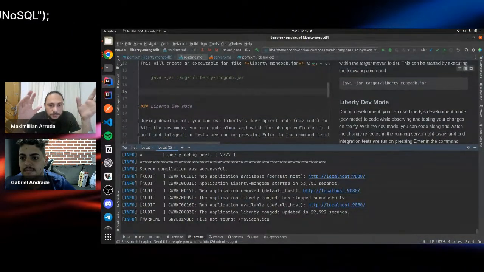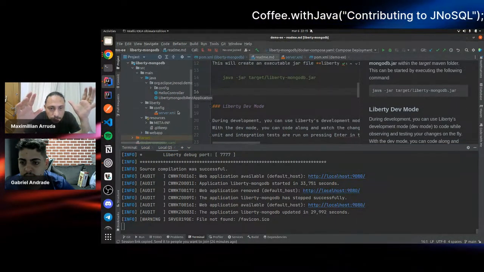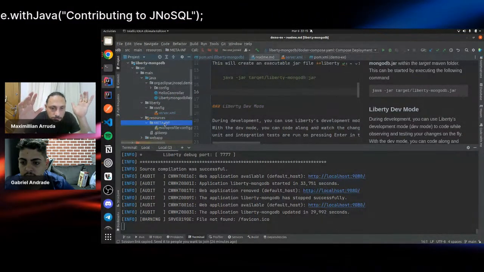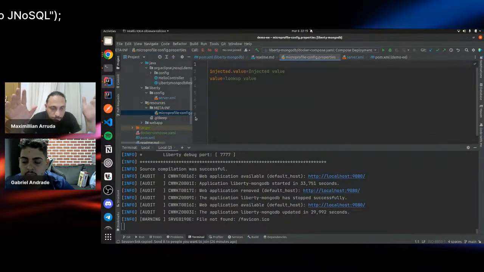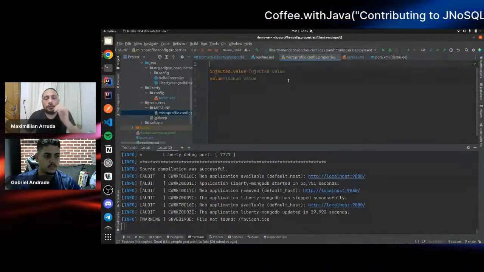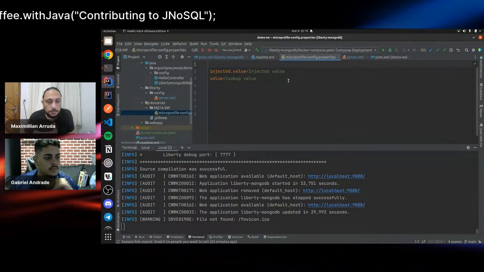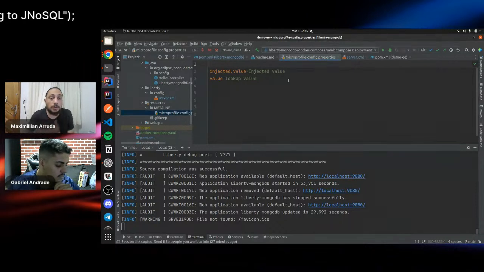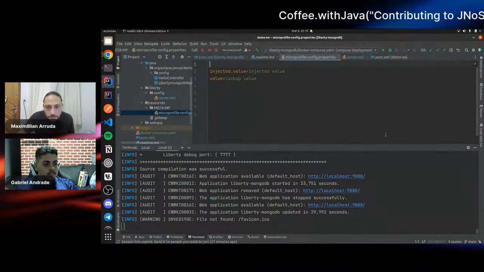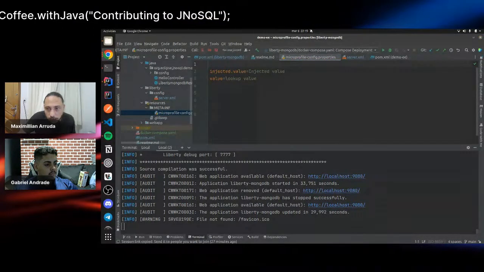So, first of all, if you go to the source main resources, you will see a META-INF directory. Under this is the MicroProfile config file. Down here we can configure our application, because you need to provide configurations to JNoSQL in order to let JNoSQL get started with the connection and so on. So I will send you some configurations and you will be able to set up your machine.